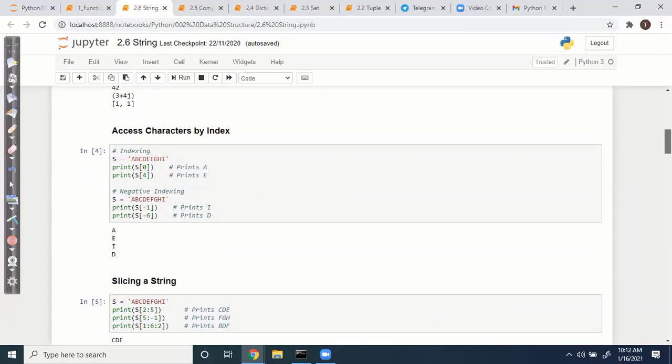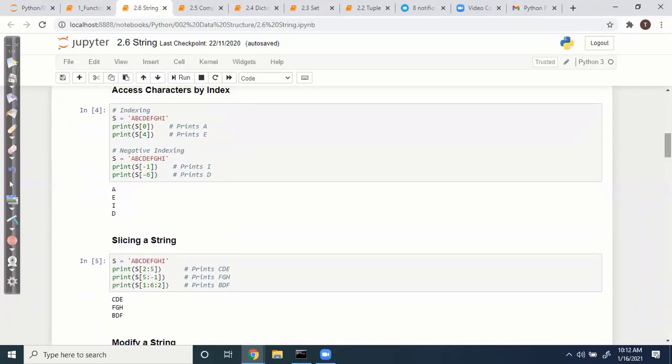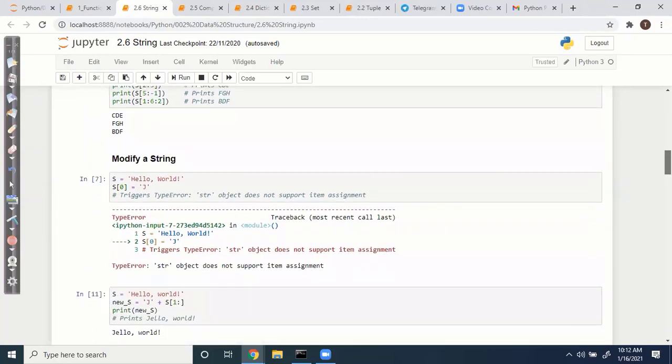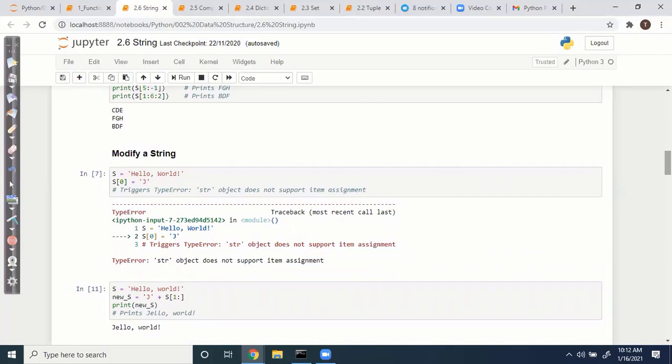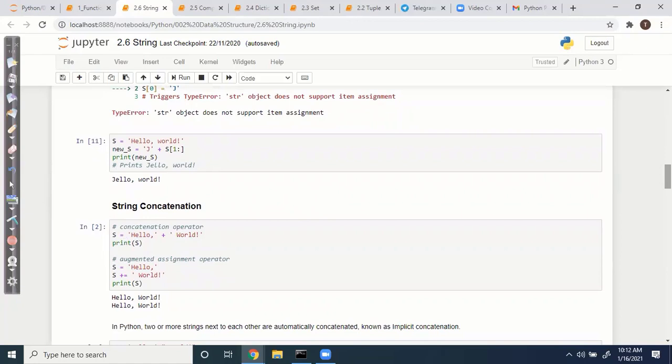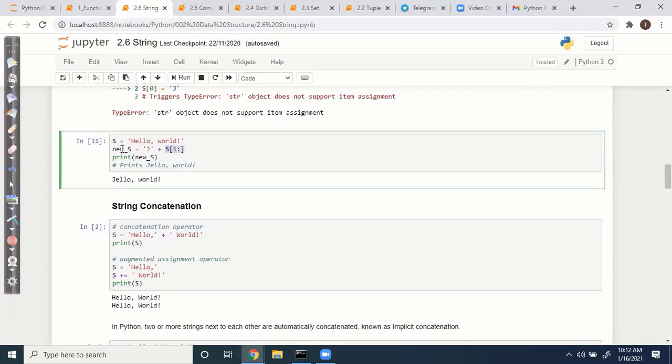Strings are also index based. They start with 0, and a negative index means starting from the end, backward, so you start at -1. Slicing and the index-based concept, you are now familiar with. How to modify strings? Strings are immutable, so you can't assign or change anything in the string, but you can remove the entire string and create a new string, or use slicing to create a new string. You can't change any item inside the string.